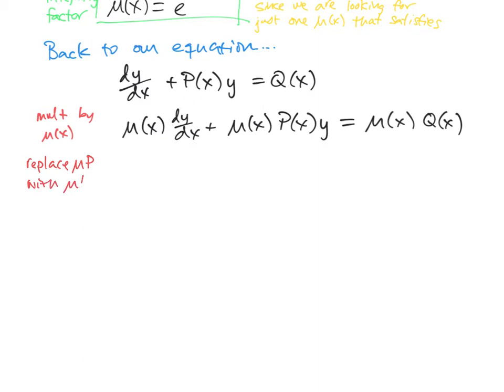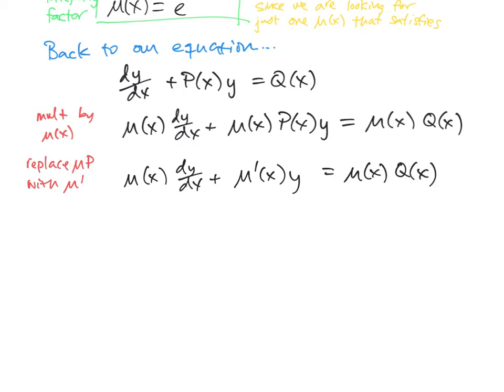And then our equation becomes mu of x dy dx plus mu prime of x y equals mu of x q of x. And now, just like we did before, we can use product rule. And we get the derivative with respect to x of the quantity mu of x y equals,